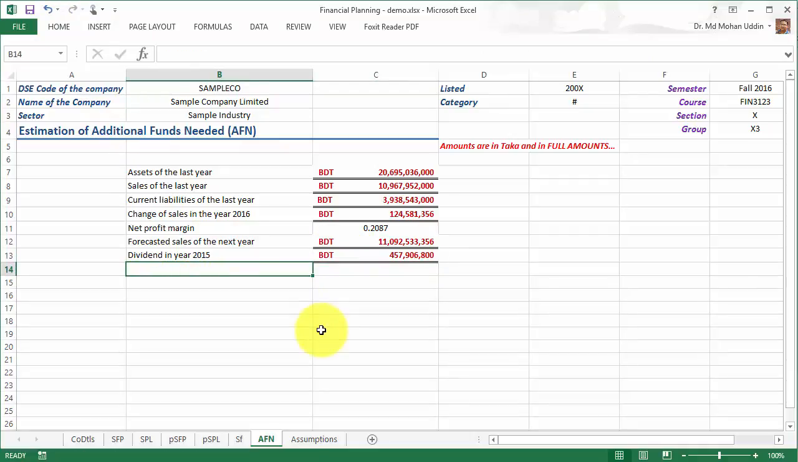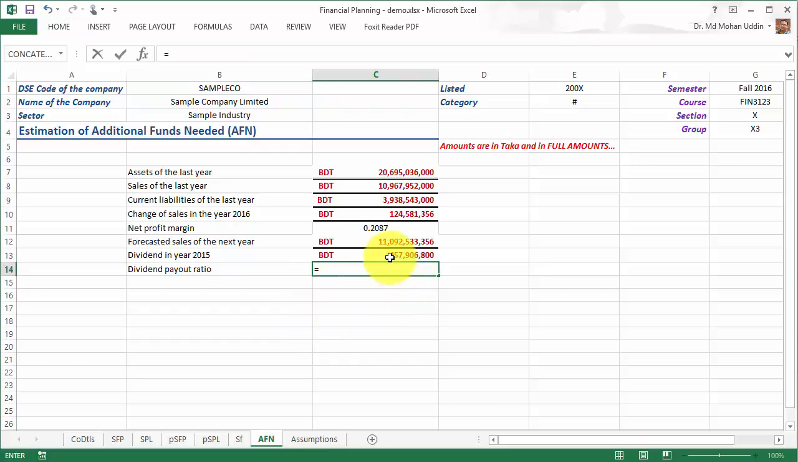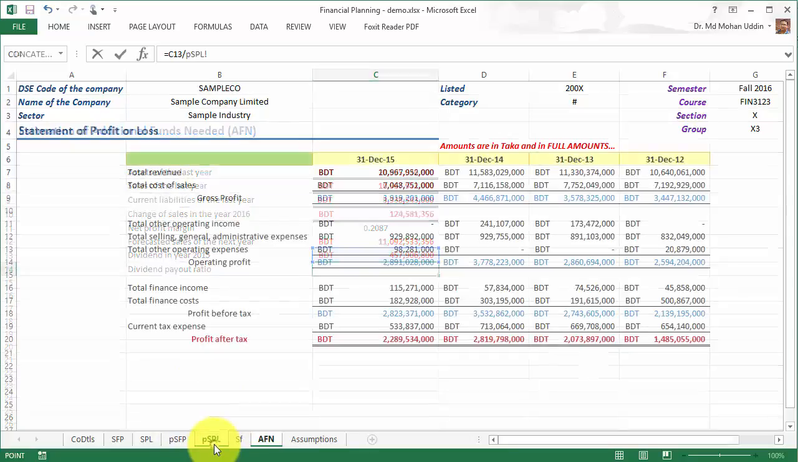So the dividend payout ratio is equals the dividend in year 2015 over the net income. So we can get the net income in the statement of profit or loss,